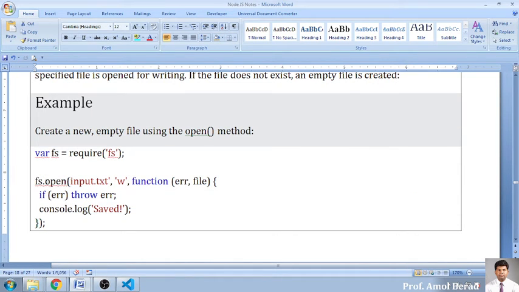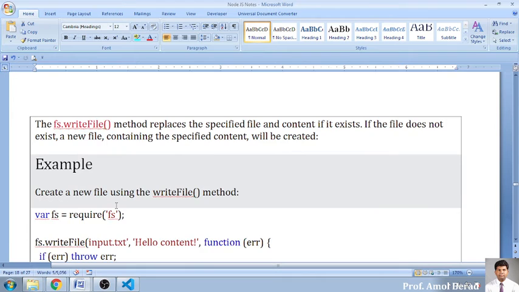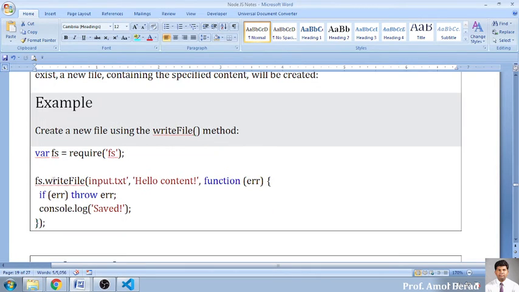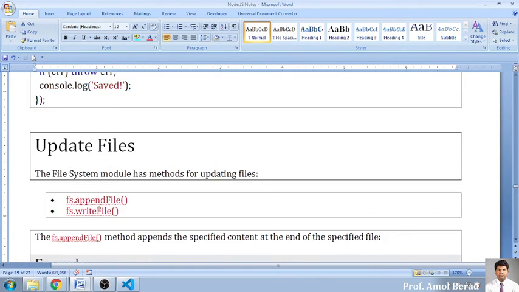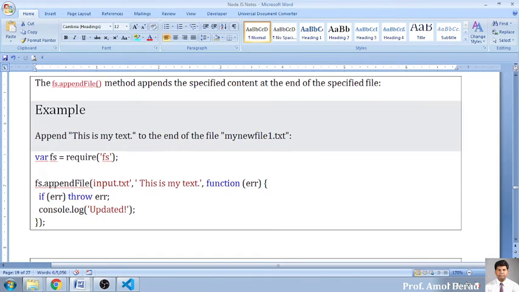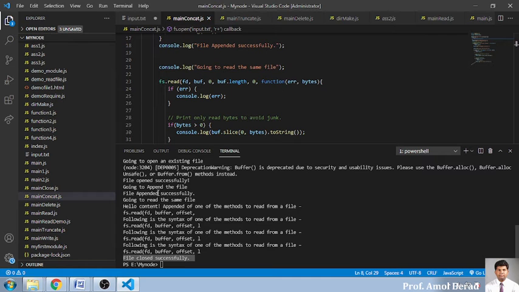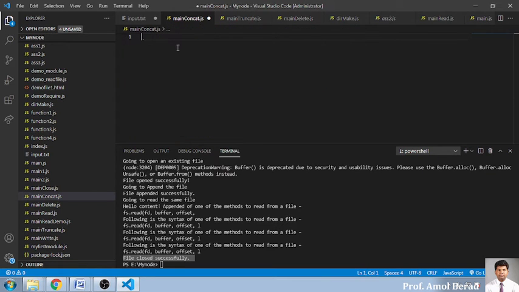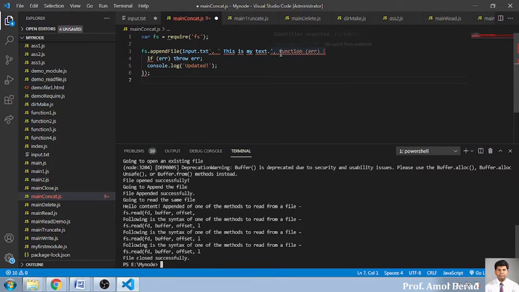This is just a simple fast demonstration that the open function with some parameters is used to open the file. writeFile will help us write directly into the file. updateFile, appendFile will be updating the content in your file. So just copy it, let us see, something has gone wrong.